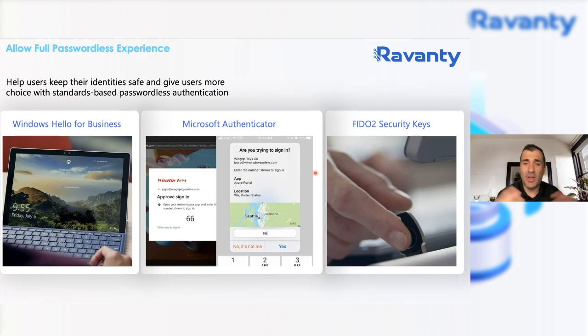I personally use that to log into a lot of different tenants, including our home Ravanty tenant and other demo tenants that we have, and other partner organizations that we collaborate with. So having that passwordless experience is great because a lot of times you end up setting the same password across different organizations anyway. So it kind of eliminates some of the security barriers. And also this is phishing resistant too in a lot of ways, because even if somebody has the password, they really wouldn't be able to essentially log in. You have that seamless experience using passwordless. So I love it. I use it daily, and it eliminates me having to remember all these passwords.